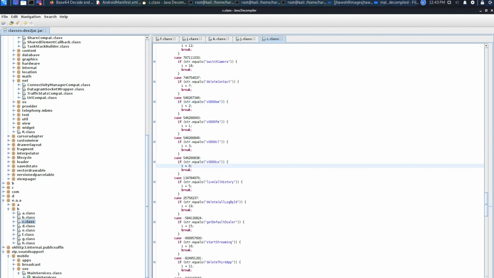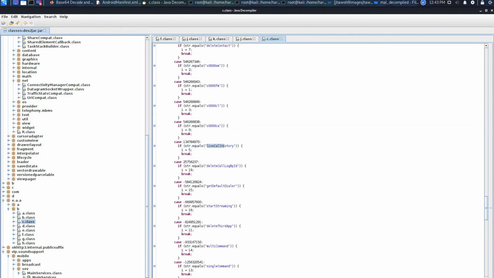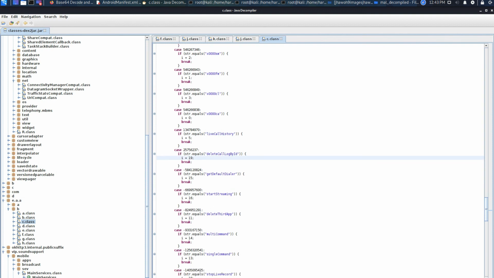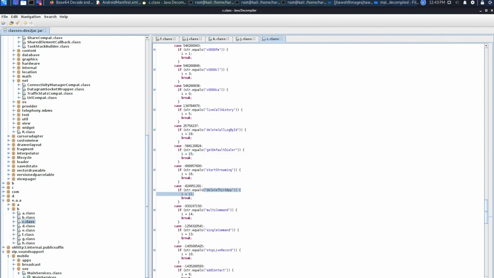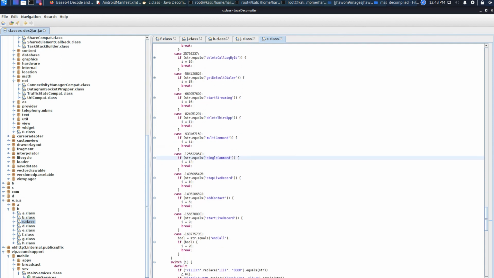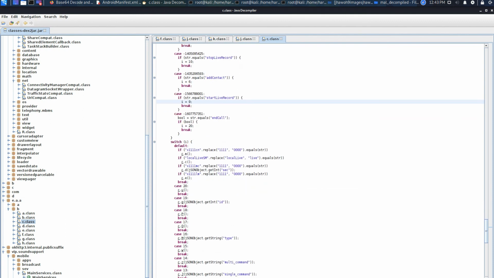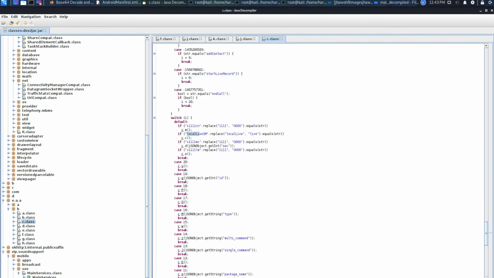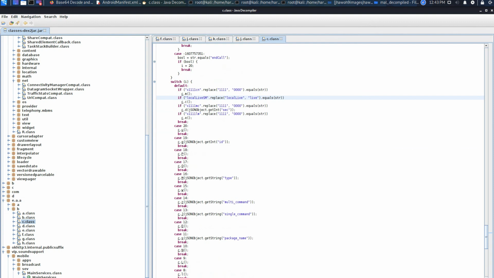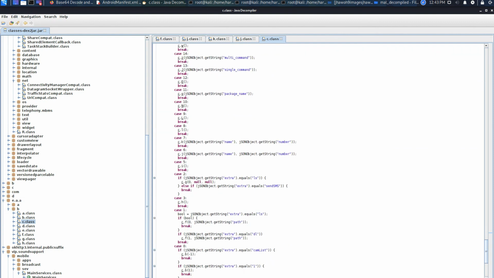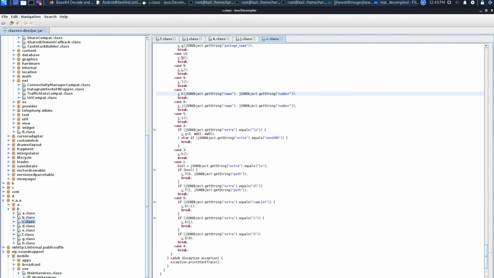Something here we are not sure about; I think it's from the ASCII format or some other format. Call history he is also getting, delete call IDs, get default dialers, start streaming, delete third-party app, commands. He is executing commands, maybe screen recording, adding a contact, live stream recording, or maybe he may record the call connection also. We are not sure. Maybe live means local live stream. He is also taking the contacts, maybe name and number.